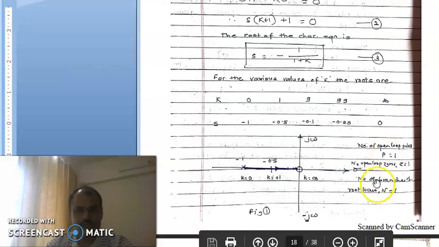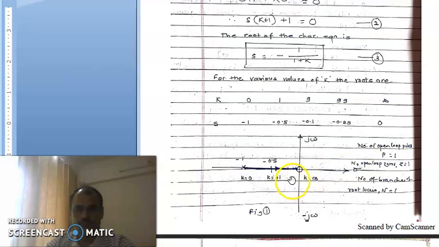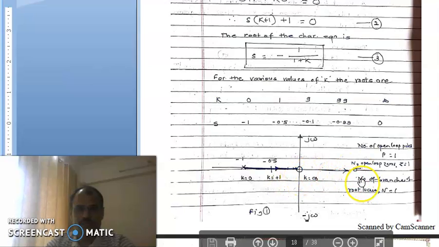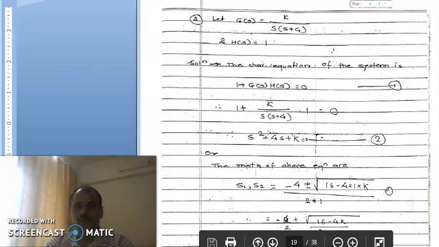Let us summarize this root locus plot. The number of open loop poles p is equals to 1, which is at s is equals to minus 1. The open loop zeros, can you find out it? Yes, it is at s is equals to 0, and the number of branches of this locus are only 1. Let us have another